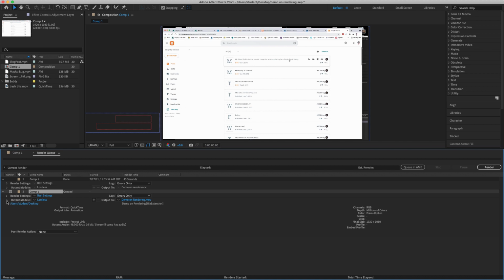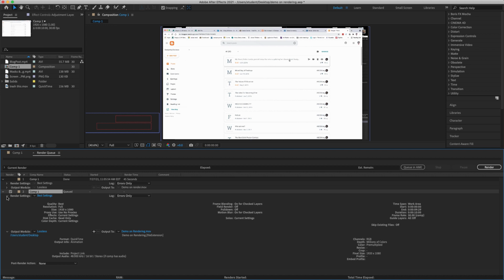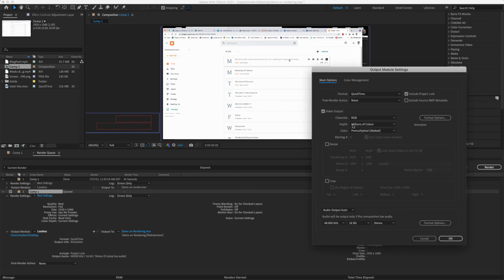There are some additional rendering settings here, but we have to go in and play with them a little bit to find them. If I click that, I can come over here and I get some options. The only one of these that works for us for what we're trying to do is going to be QuickTime. The others are not video files. Okay, so